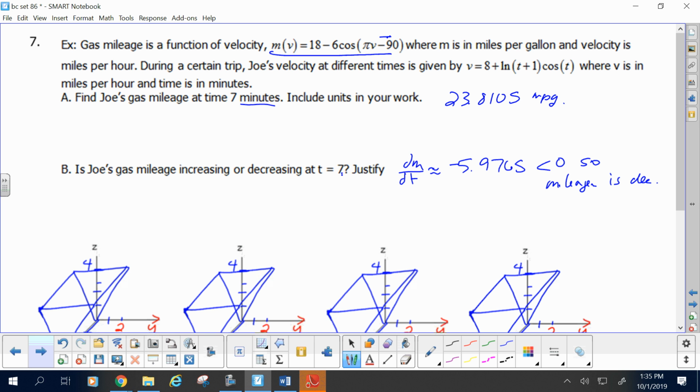All right, so do you agree that to get mileage at 7 minutes, I need to know the velocity at 7 minutes, yeah? All right, so I would find the velocity at 7 minutes, which is